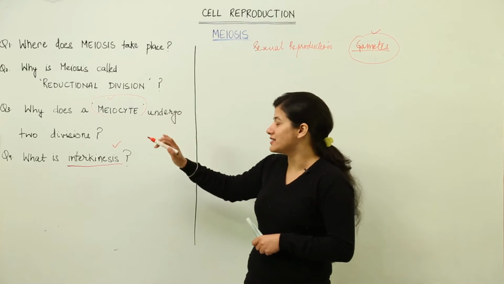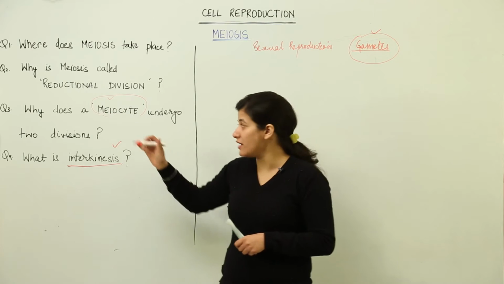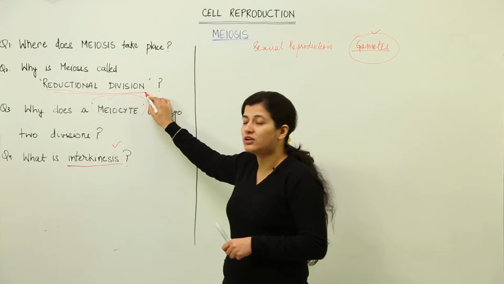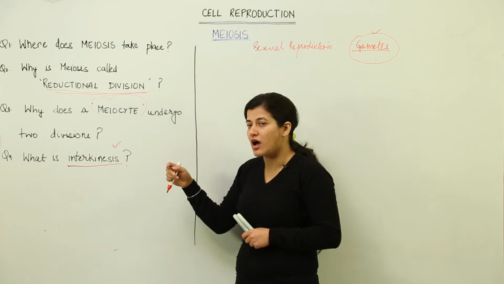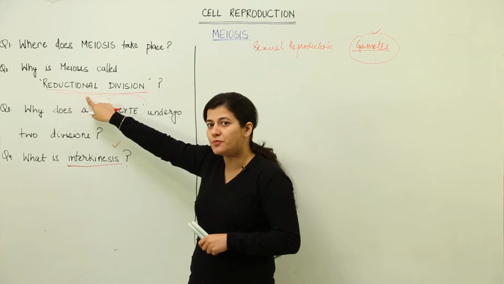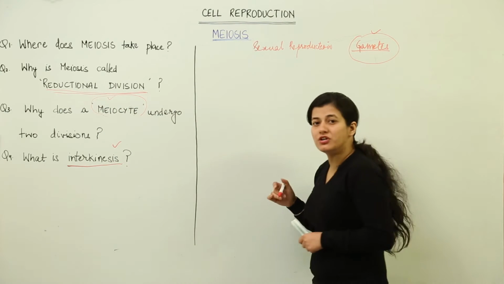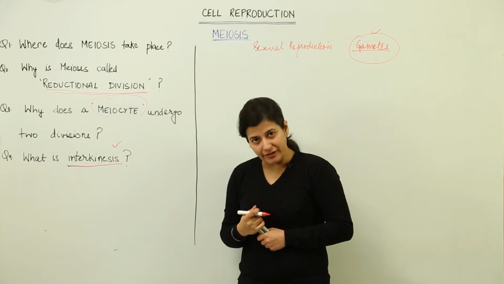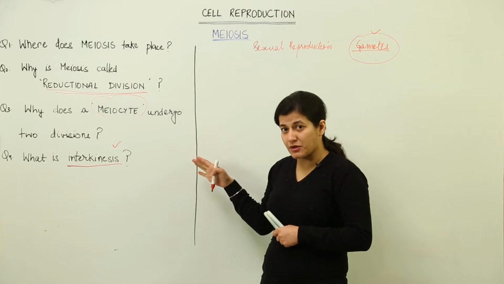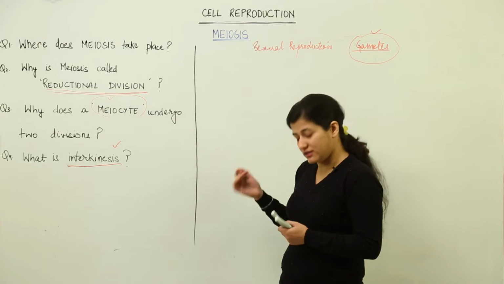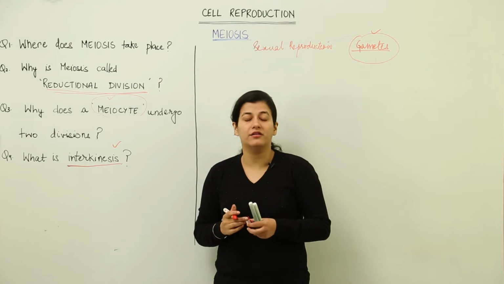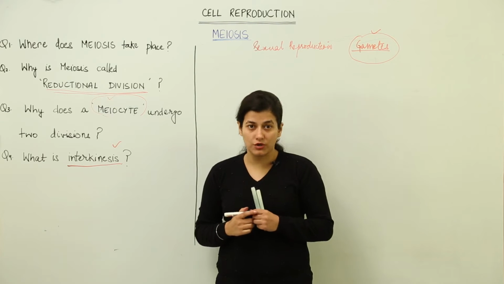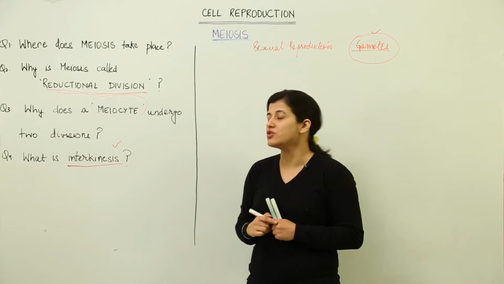Now there is another thing that comes to your mind: reduce the chromosome number to half. So somehow I am reaching this term as well by using the sentence that the chromosome number is getting reduced to half. I am pointing towards the reductional property of this division. Now why do we need to reduce the chromosome number to half? The simple reason is that we need to maintain the ploidy level. So this is the basic purpose of meiosis. Along with this, there are other significant methods and procedures which are required for sexual reproduction and bringing in the variation that we see in sexually reproduced offspring.